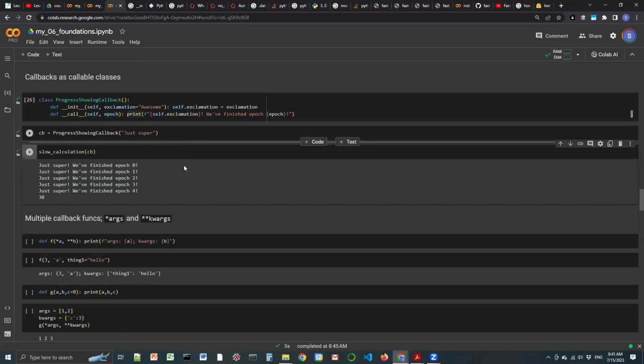The other thing you can begin to do now is, instead of just passing in fixed values like